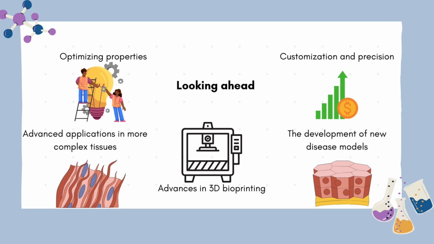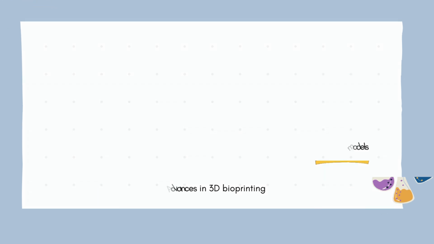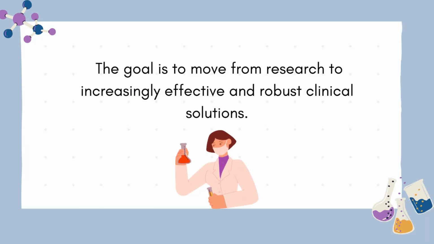And advances in 3D bioprinting, where hydrogels are integrated into technologies that allow the construction of customized and functional structures with complex geometries and specific cellular compositions. In conclusion, the future of hydrogels focuses on continuous innovation, perfecting their properties, expanding their application to more complex tissues and organs, and consolidating their role in personalized